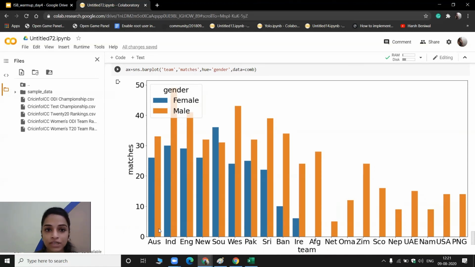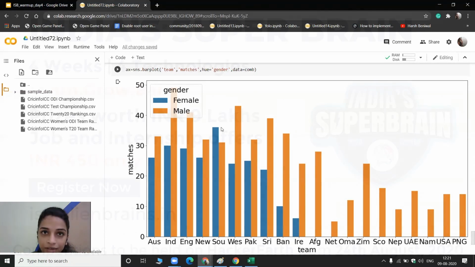Along with that, we can also compare inside that country the number of matches played by the female team and the number played by the male team. Over everything, the highest number of matches played by any male team is by India, and the highest number of matches played by any female team is female.